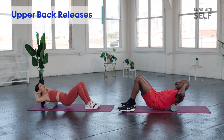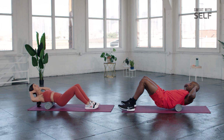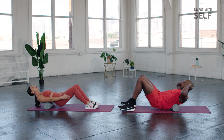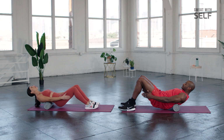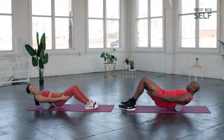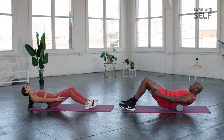Now you wanna keep it off of your bones. So I want you to find a spot. Like for me, I feel a little bit of tension right here. So the best thing I can do is relax into it, and I'm gonna hold this for 3 to 10 seconds. You wanna hold that foam rolling motion until you feel a little release. Okay, so I feel that release, so I'm gonna move on to a new spot, down a little bit lower,